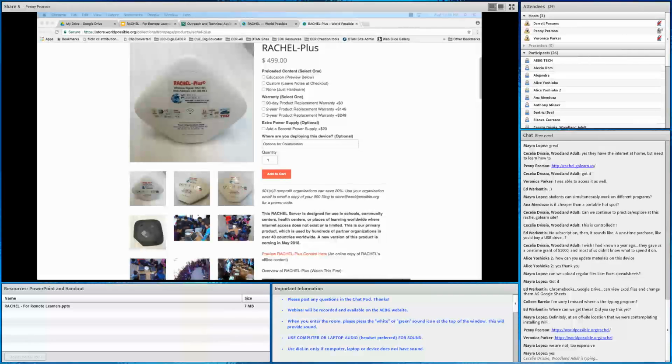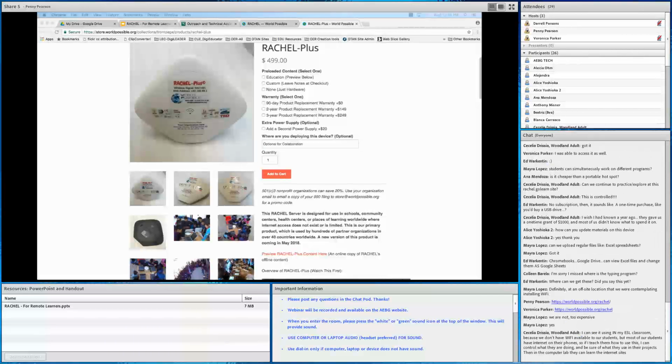So I'm not seeing anything else about where we might use it. A couple of you said that you had, well, most of you said you didn't have a jail program. But let me ask you this. Could you foresee that you could go to either consortium members or directly to your local sheriff's department or maybe a local jail program and talk to them about providing education for the inmates, and you can show them a device that would ensure that they could not get out to the internet? This is a very closed system.